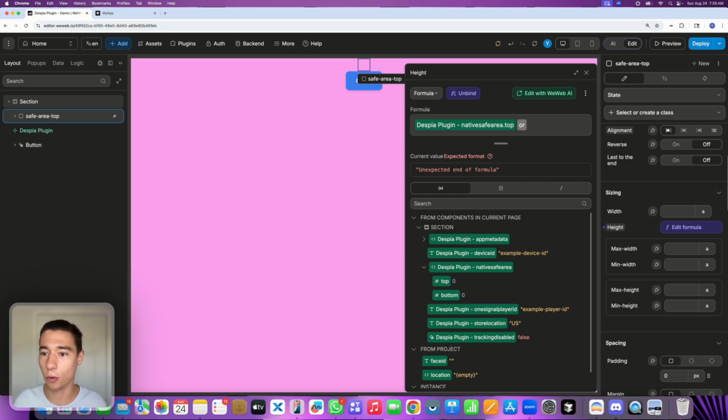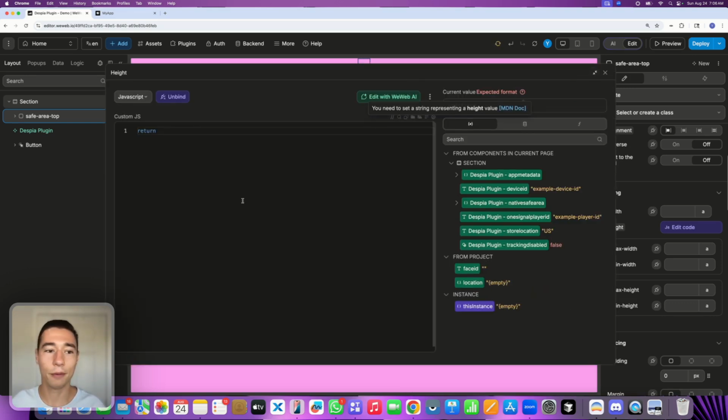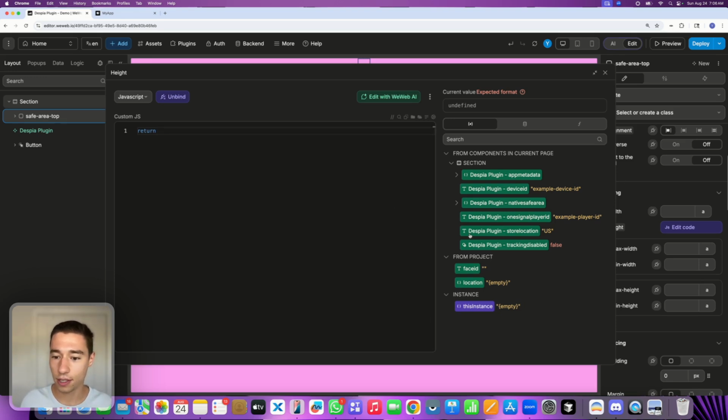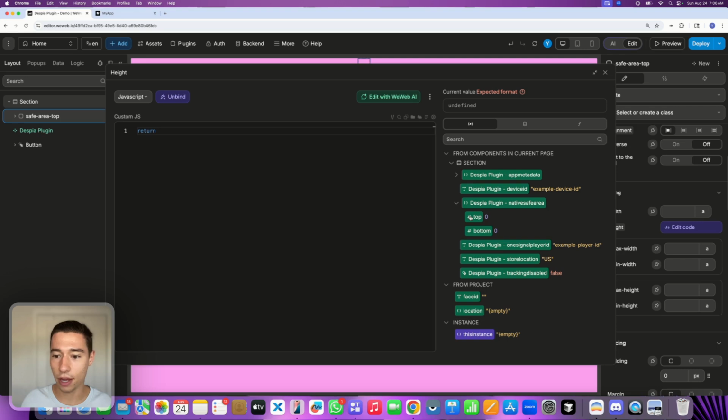Yeah, we can do or 0. Okay, and then we're going to do plus, and we're going to do pixels. So it sets that, but I think it's a little bit different in a WeWeb formula than JavaScript. So I'm going to do JavaScript because that's what I'm most familiar with. But the whole idea is you're going to take the native safe area top,